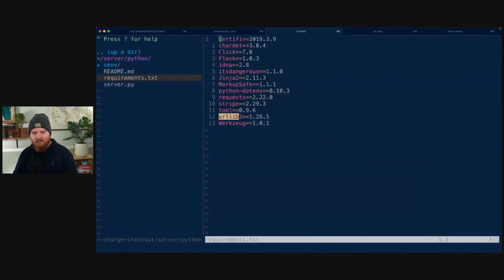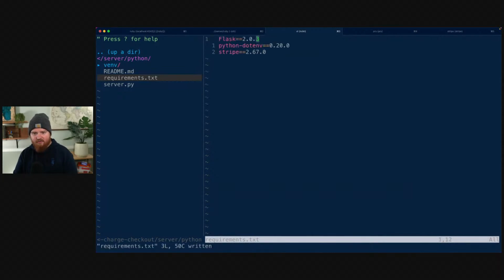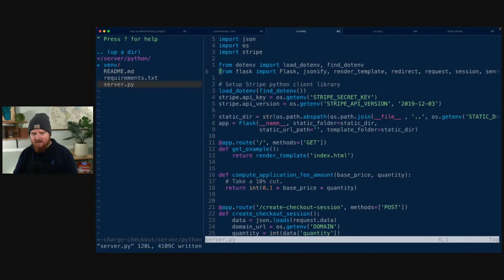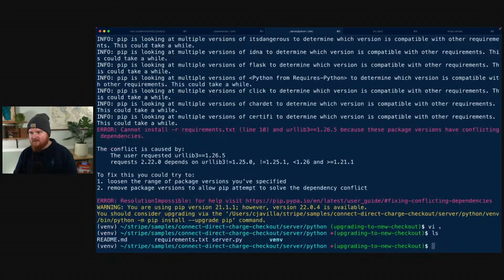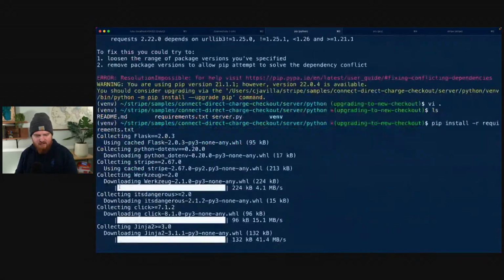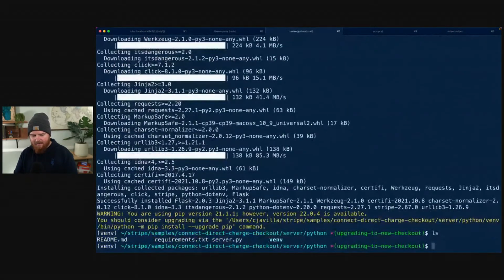So this is all the requirements that we should need: Flask, dotenv for loading environment variables, and then stripe. So I think, yeah, let's try installing dependencies like that. We'll come back over here, pip install -r requirements. And okay, so now,